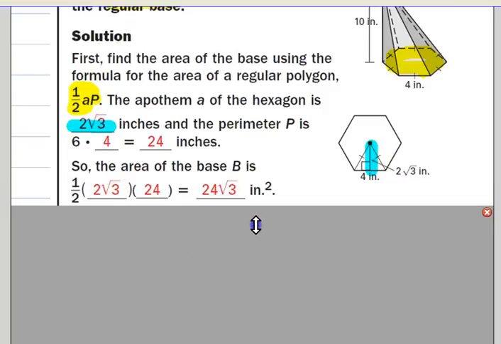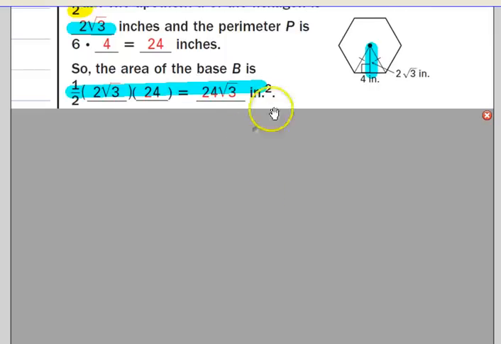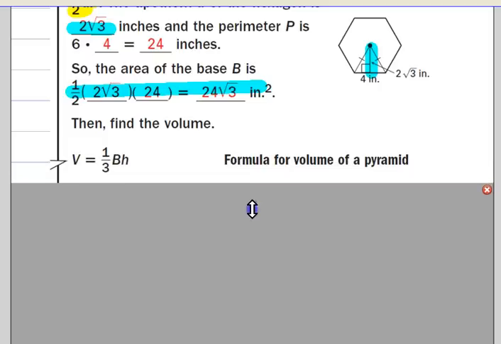Okay, and we plug that into the formula. Area of the base, which means 1/2 a times p. So here is our 1/2 a times p, and we get our final answer, which is 24 times the square root of 3. And they say it's inches squared because we're talking about area. And then since we're trying to find the volume,